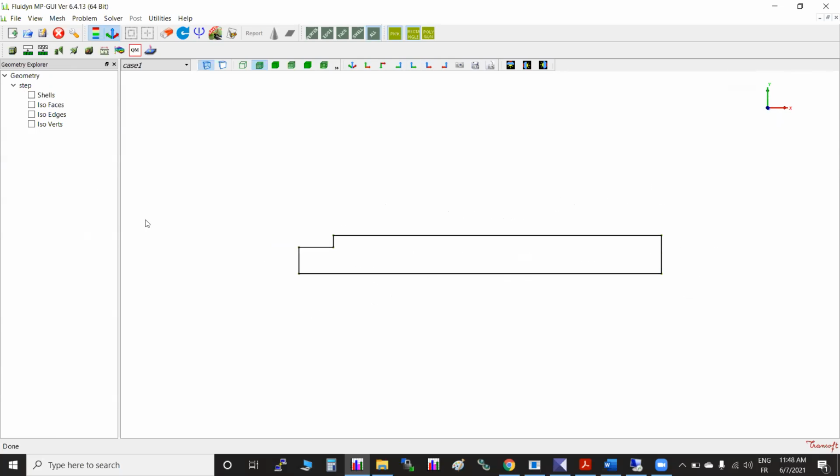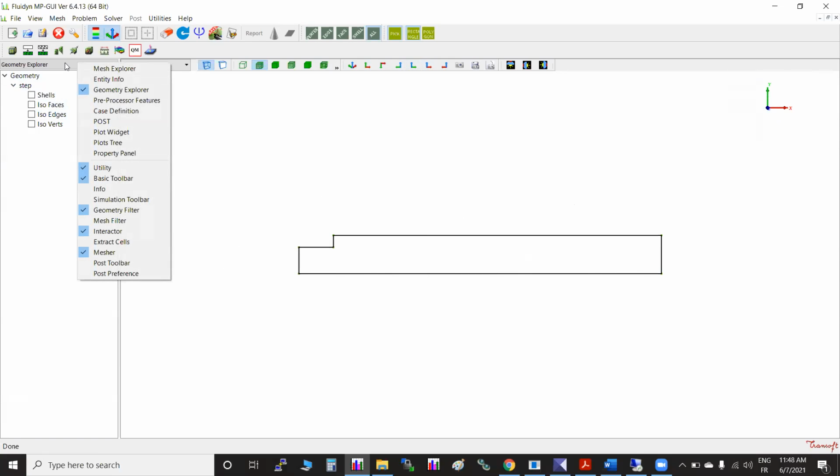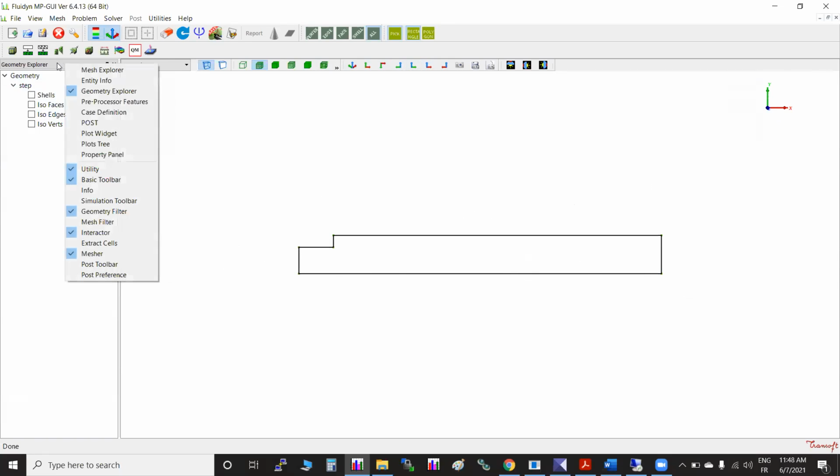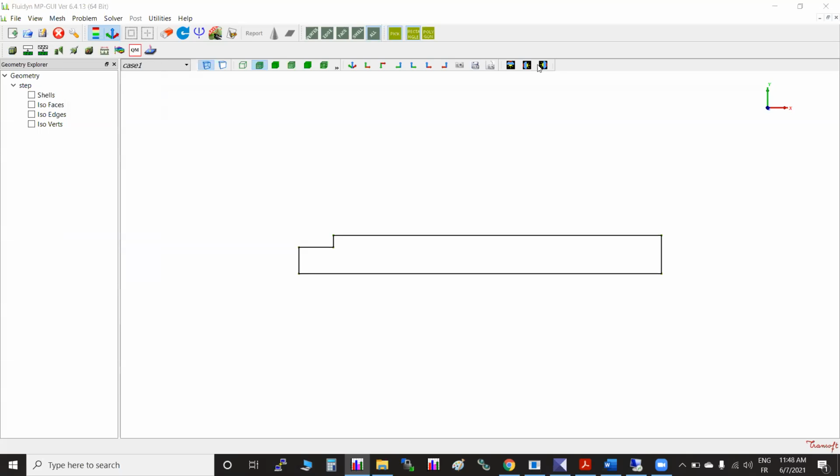As soon as we load it, on the left side is the viewport and the right side is the Explorer. Whatever Explorer is there will open. For example, I have right clicked over it. So you can see multiple toolboxes or explorers which are available. So by mistake, if you close one, it will be available here.